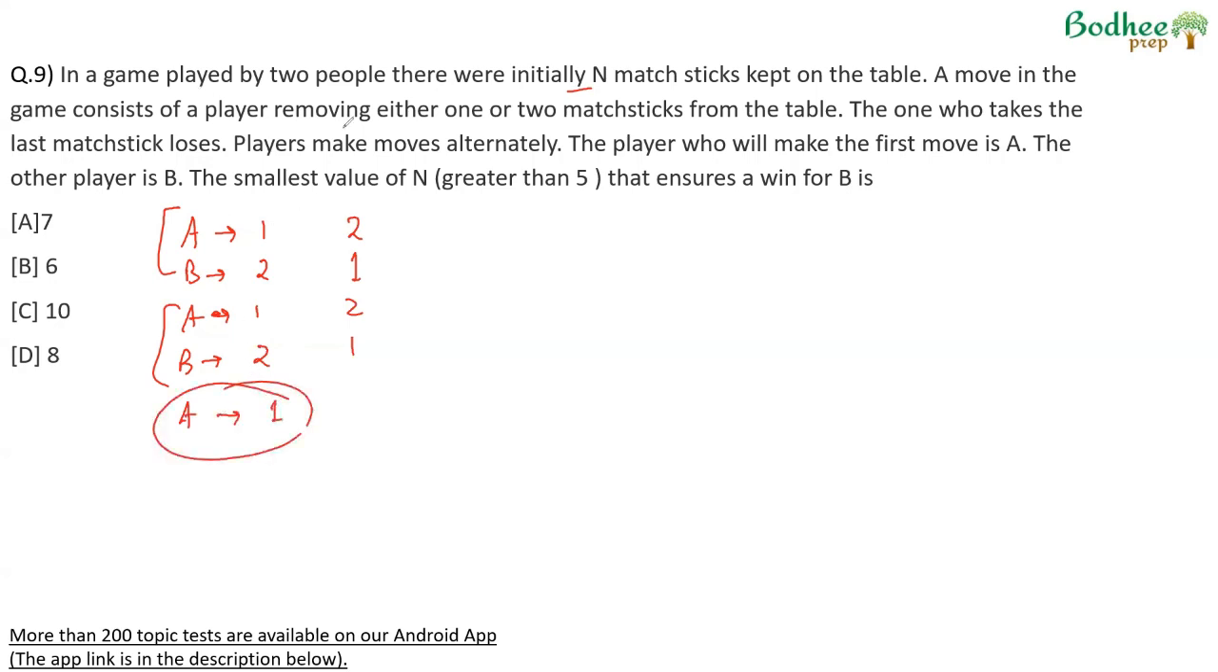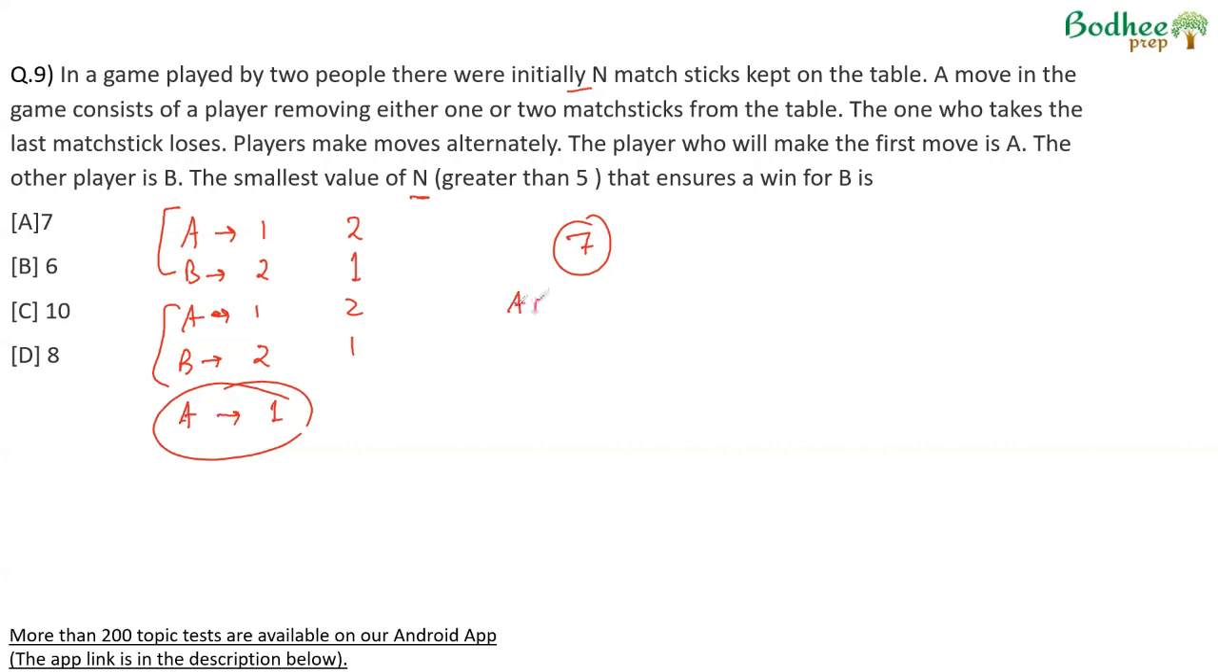So, in the given question, the smallest value of n greater than 5 that ensures B wins. N is the number. So, if there are 7 matchsticks on the table, greater than 5, the smallest value, for the